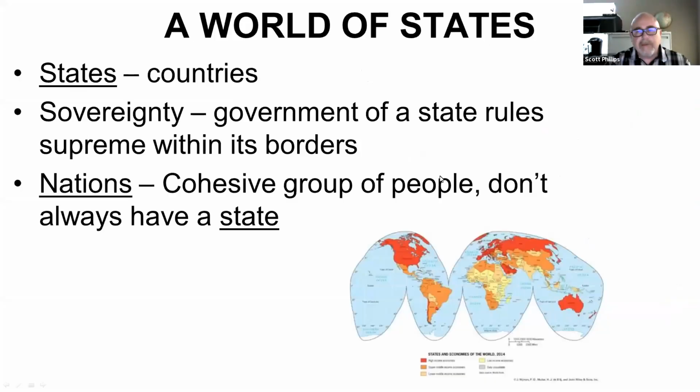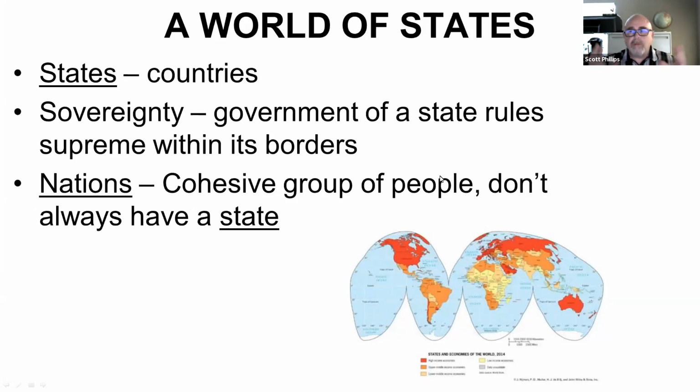Okay, next I want to talk a little bit about political geography and remind you of a few concepts, the concepts of states and nations. And it's kind of a little unfortunate because in the US, we think of the state as a smaller political entity like California, but technically the term means a country, so we have to call them countries because states would be confusing. But what we typically call a country like United States, Mexico, Brazil, what have you, is considered a state